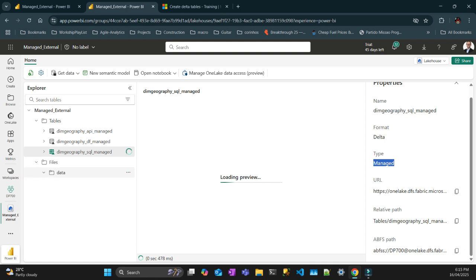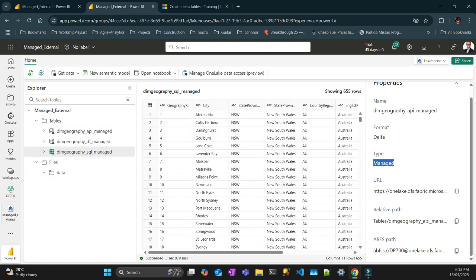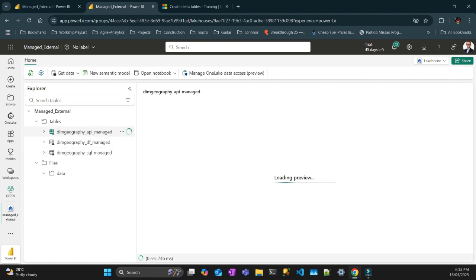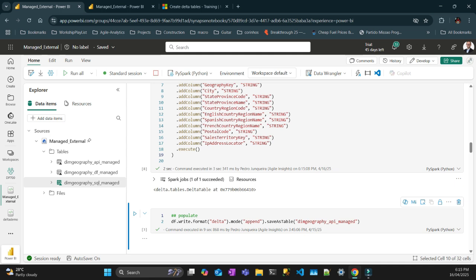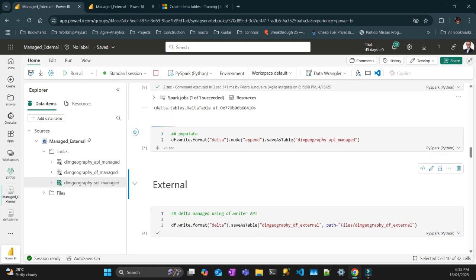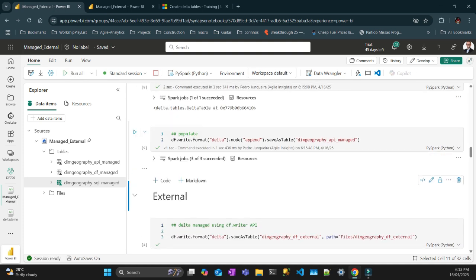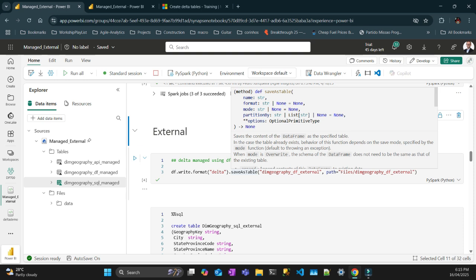That's the API managed. So properties is also going to be managed. That will be empty, I think. But let's put some data there. So I'm gonna now use the writer API, and then I'm just gonna use the append mode and then save that in the table. So those were the three examples of managed tables. We created a managed table using the data frame writer API, the SQL statement, and also the Python Delta Builder